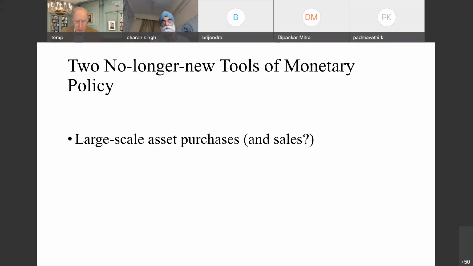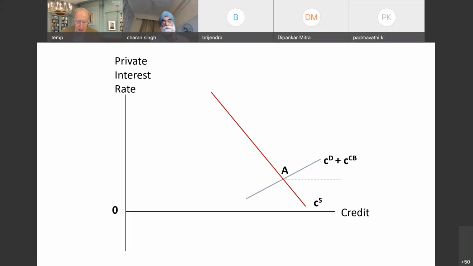First, let's make sure we know analytically what we're talking about. Picture an equilibrium in the credit market in which the downward sloping red line is the supply of credit instruments. Think mortgages, for example. Again, this is the market for private credit, so think of that as corporate bonds, think of it as mortgages, think of it as risky bank loans. And the upward sloping blue line is the demand for credit market instruments on behalf of both the public and